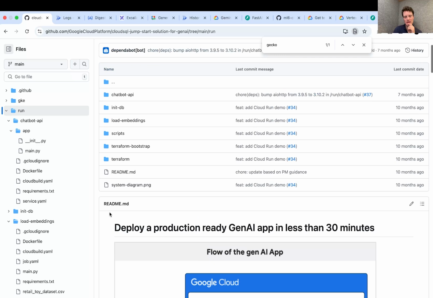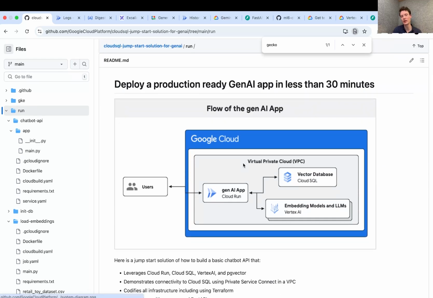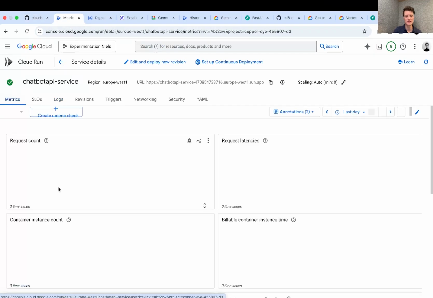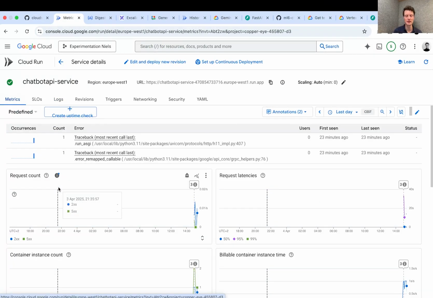So we have basically explained how you can deploy a production-ready application, a generative AI application. I wouldn't say in less than 30 minutes, because we had to debug some things like making sure that we are using the latest models, that everything is running fine within that virtual private network. But eventually we end up with a Chatbot API. So you could build a front end on top of that, so that people can just enter their message in the chat box, and then